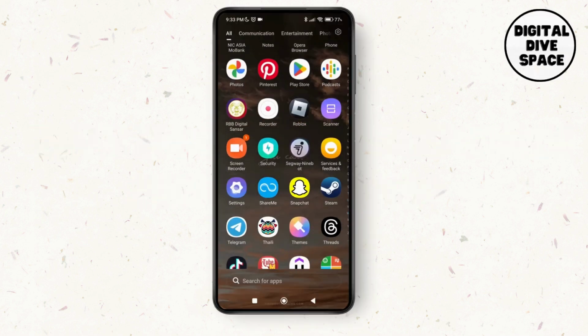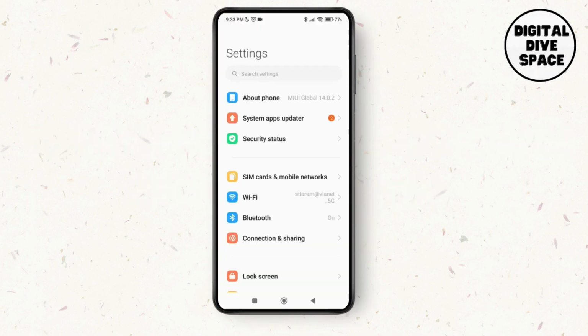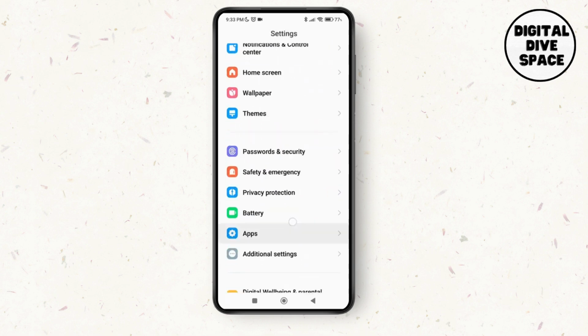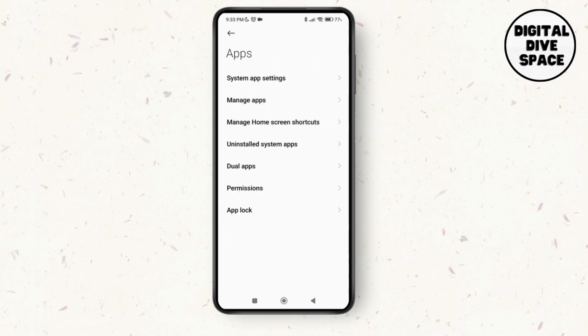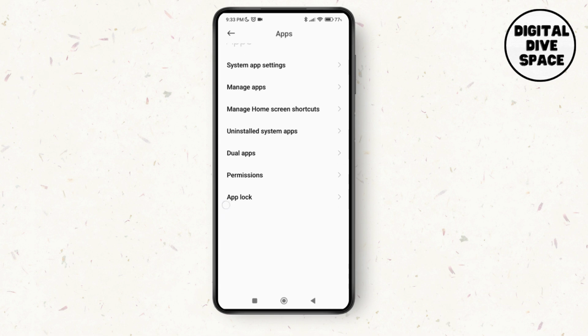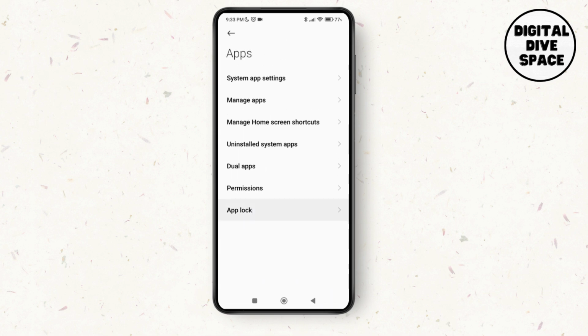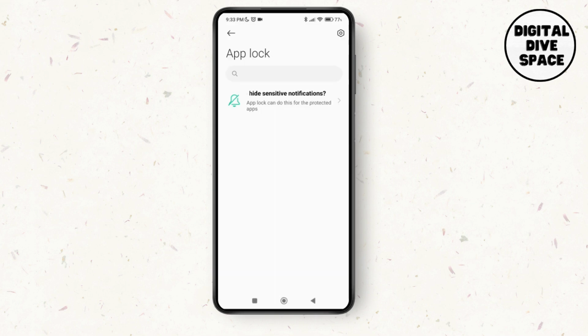So first we will launch the settings application on your device and then just scroll down to apps. Next, you can see the option of app lock at the bottom of the screen. So just tap on app lock. And as you tap on app lock, you'll have to enter your password, and here you'll be able to see